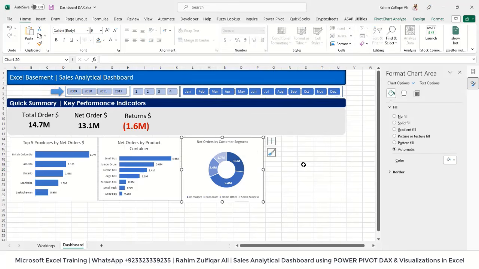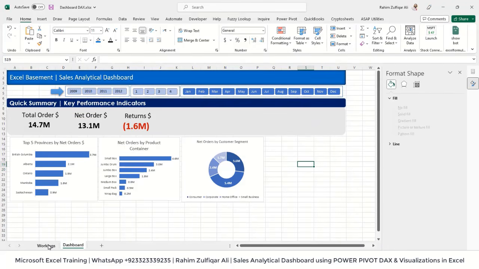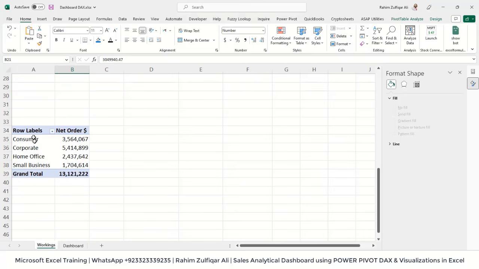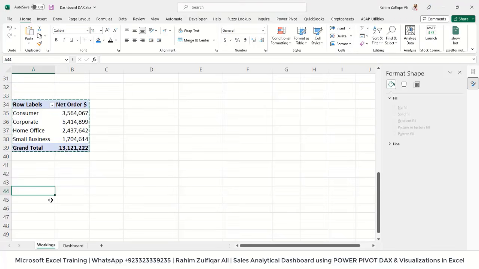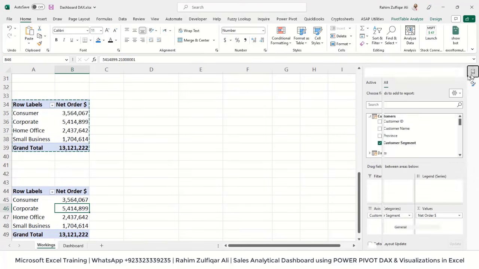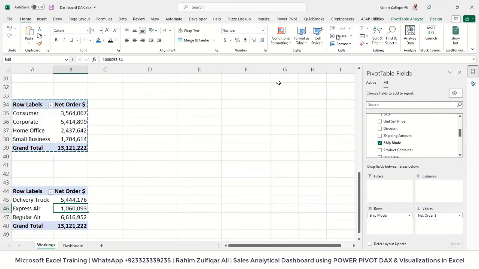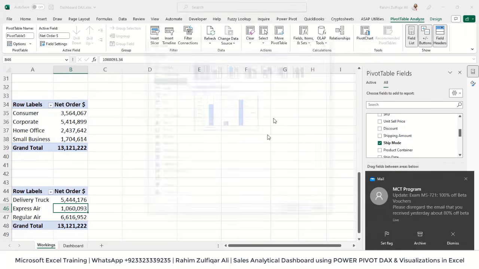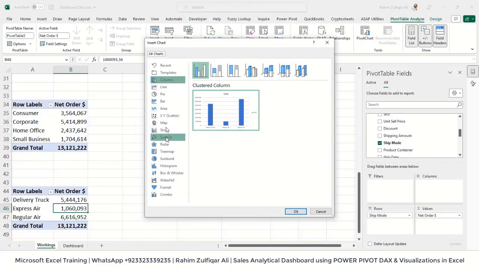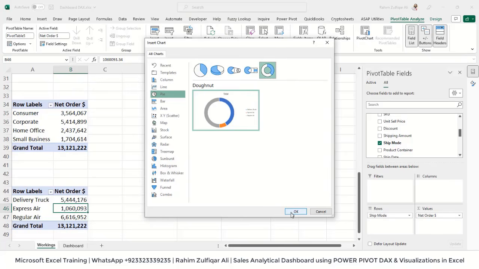Okay, so after adding the third donut chart, we will add one more visual. We will go to our existing pivot, Power Pivot, copy that, go to some rows below, paste, and we will make certain changes to it. This time we will be making net orders by ship mode. For doing that, we will eliminate customer segment, and from the orders table we will take the ship mode, drag and drop it, and add a donut chart to it. So analyze, pivot chart,